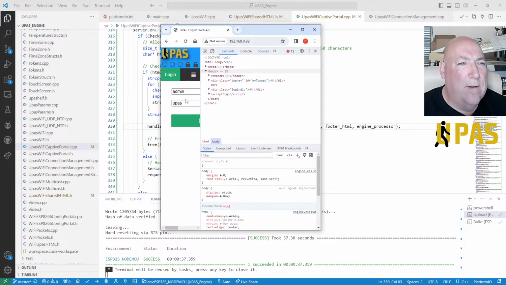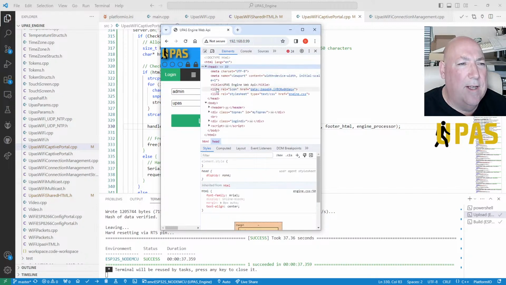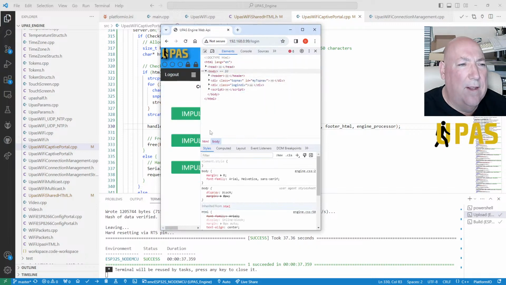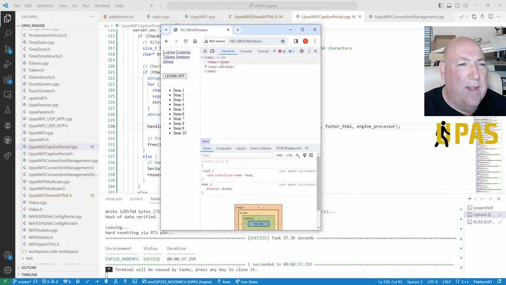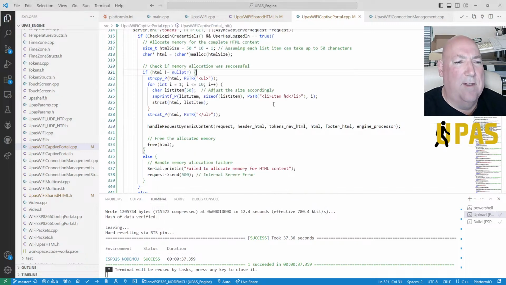Right, so we're on this one. There's the head, but we're not getting the head. Yeah, so we're not getting the head. Hang on, I can't see what I'm doing there. Right, tokens. So we've got nothing in the head for some reason. Wonder why that is. Have I got rid of the head? I haven't. I've done it wrong. So we've got the header token.